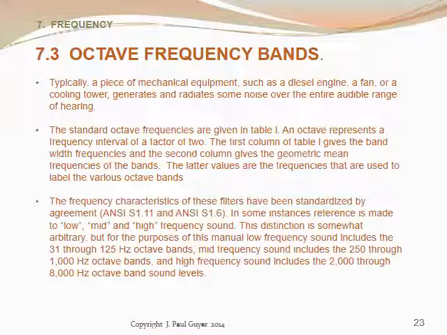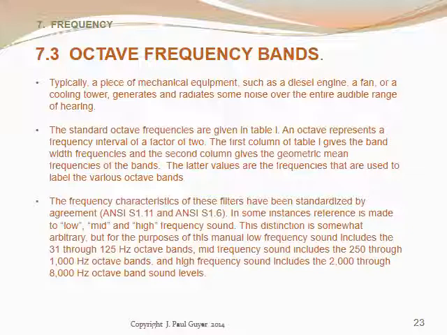Typically, a piece of mechanical equipment, such as a diesel engine, a fan, or a cooling tower, generates and radiates some noise over the entire audible range of hearing. The amount and frequency distribution of the total noise is determined by measuring it with an octave band analyzer, which is a set of contiguous filters covering essentially the full frequency range of human hearing. Each filter has a bandwidth of 1 octave, and 9 such filters cover the range of interest for most noise